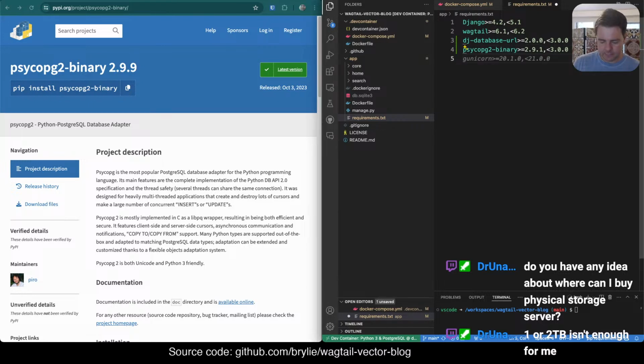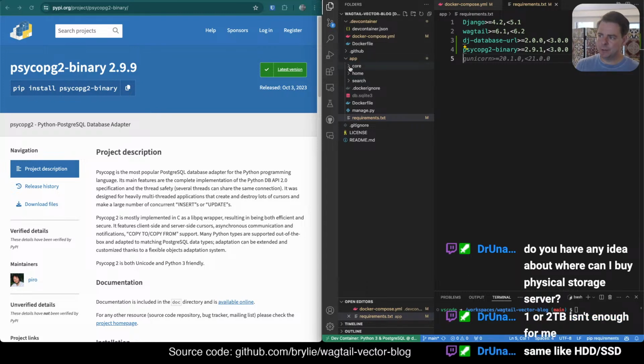All right, so now we're gonna actually have to make one change to our app. So here's what I did earlier when I created the app. I told it to create an app directory and I called it core, so that we would have all of our core settings in the core directory. It was just a little hack